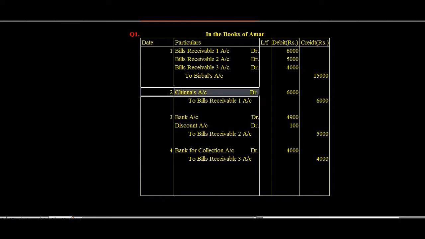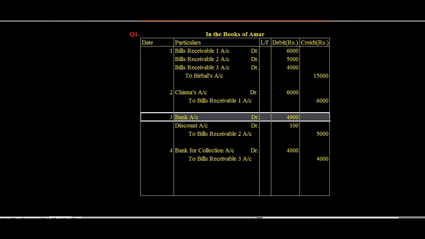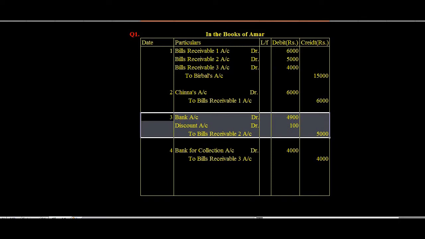If we look at this carefully, it says that the first bill was endorsed. Guys, if a bill is endorsed and honored, then on the due date, it's a transaction between the endorsee and the drawee. So no entry in the books of drawer. Similarly, exactly similar case happens when a bill is discounted with the bank. On the due date, that's a transaction between the drawee and the bank. So absolutely no entry in the books of drawer.